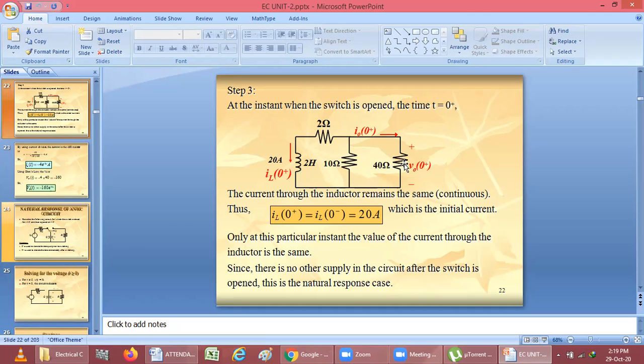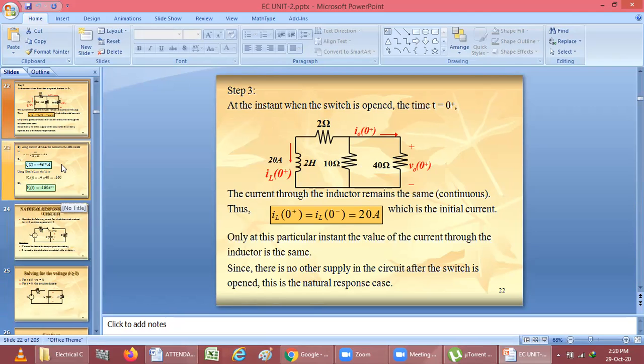Now what we have to do is calculate the current flowing through the 40 ohm and the voltage across this 40 ohm. If we get the value of current, then according to Ohm's law V equal to IR, we have the value of R, and once we get the current we can calculate the voltage. But first we have to find the current. How will we derive it? We can use the current divider rule here because we have the value of the parallel resistance and the value of total current.